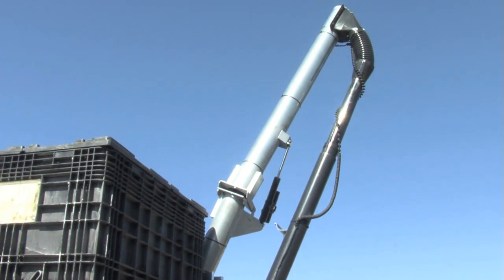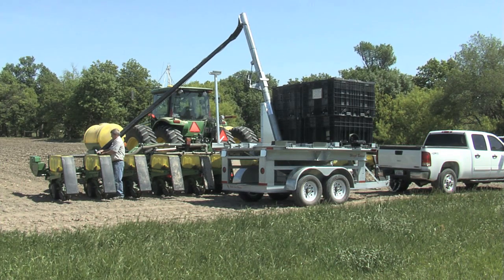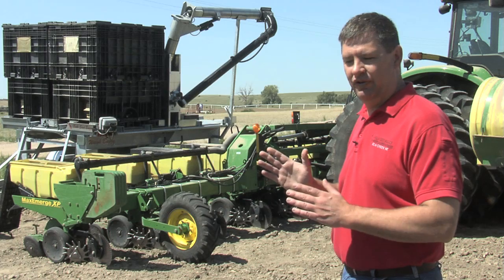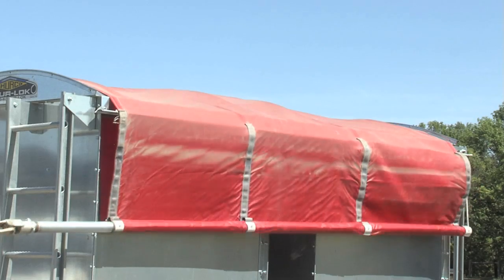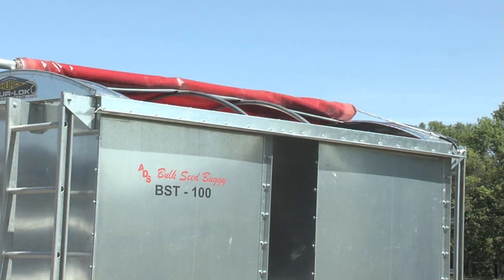Yet we also have a 30-foot range with our telescoping, 3-section tube, which will catch a 12-row planter in one shot. That makes it real handy. You don't need to worry about changing back and forth between seed tenders based on what type of planter you're using. While you will appreciate all of the features of the ADS seed buggy, you will increase your efficiency with